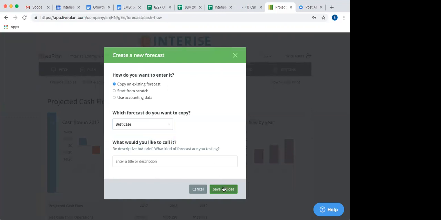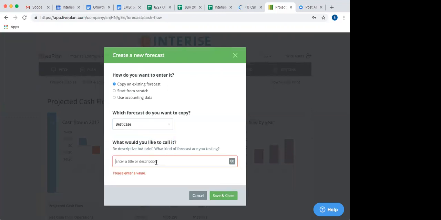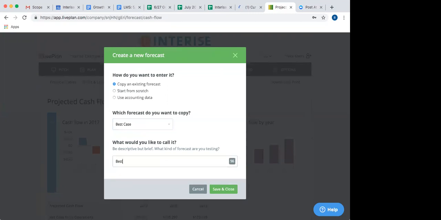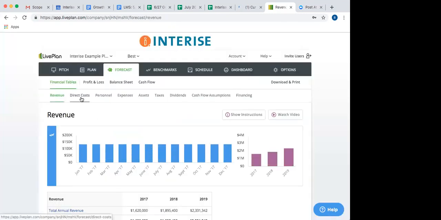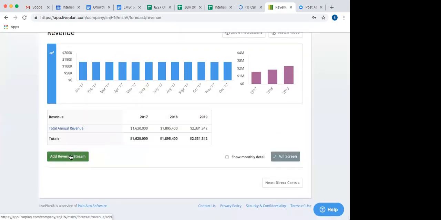So you want to do a best case, and just type in here really quick. And then from here, it's going to walk you through. So you can go through all these different areas. You can add a new revenue stream. What would it be like if, say, I'm a landscaping business and I do lawns and softscaping, but I don't do any brick or stone work, and you want to do hardscape? So you could say, what would it look like if I did $500,000 in revenue in hardscape?